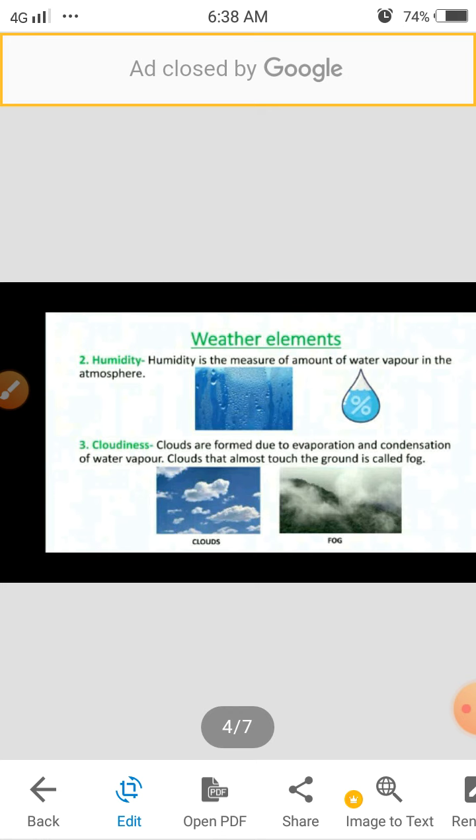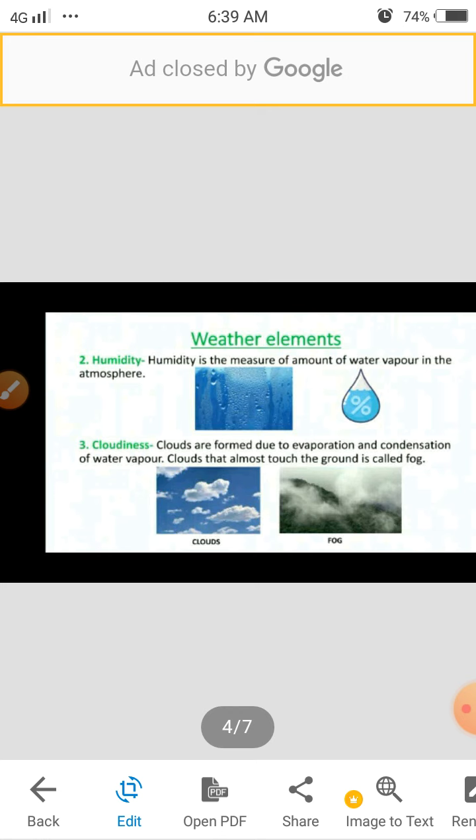Means जितना एक्चुअल में वाटर होता है किसी एटमॉस्फेयर में, डिवाइडेड बाय द टोटल वाटर होल्डिंग कैपेसिटी ऑफ दैट एटमॉस्फेयर, इज नोन एज द रिलेटिव ह्यूमिडिटी. एंड नेक्स्ट फैक्टर इज द